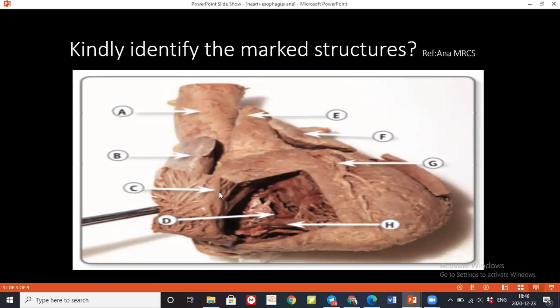C is the pectinate muscle on the right ventricular wall. Yes. D. This is the chordae tendineae. Yes. E